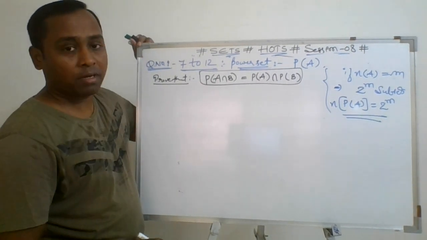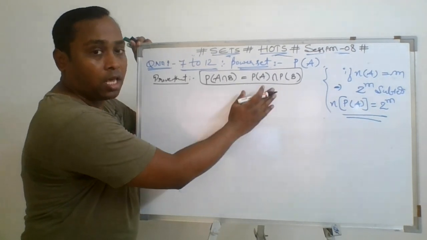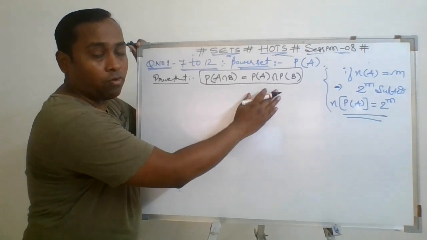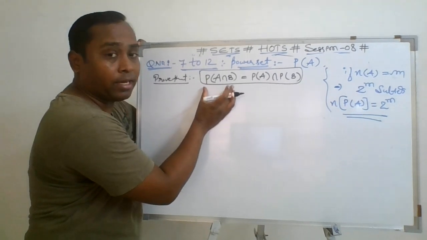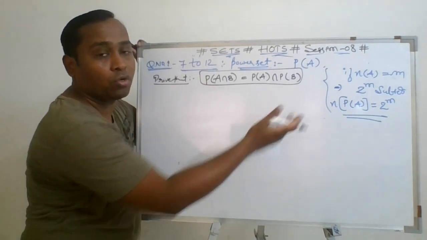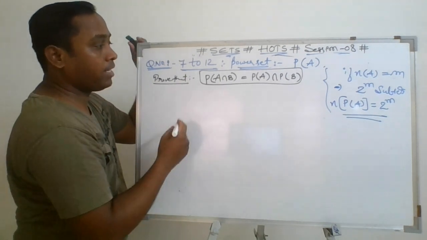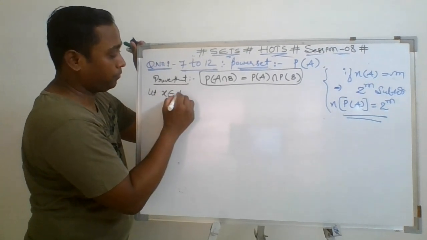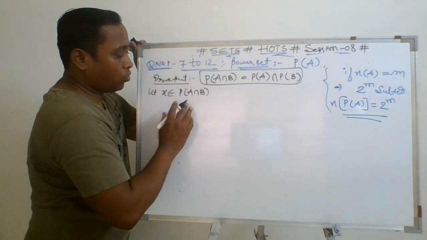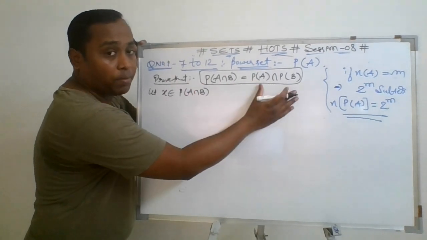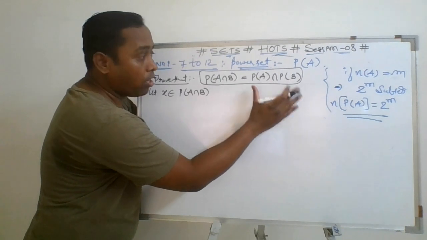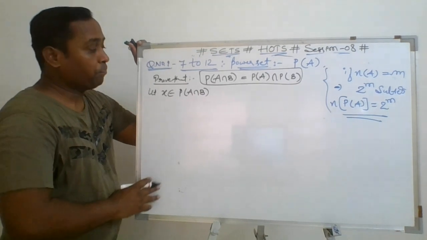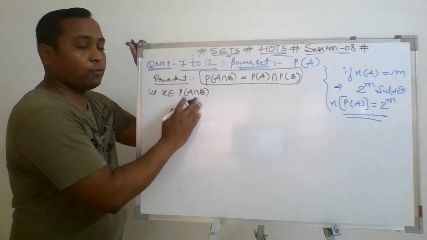It means what? These two sets are equal forever, right? So to prove again two sets are equal, it is sufficient to prove that if an element belongs to this set, it also belongs to this set, right? So again the same method I am going to take. Let there is an element x belongs to this set, right? So first I will prove that if x is in this then x will be in this too, then I will take y here, if y is in this then y is in this too. In this way I am going to prove two operations equal. So for that what I am taking here, if x belongs to this, so what